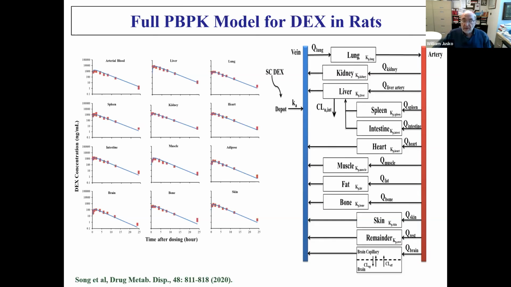For example, dexamethasone is subject to a transporter in the brain. We could include that with our measurements. There was some unusual distribution into fat. And of course, during pregnancy, as you'll see, dexamethasone is subject to a transporter movement across the placenta back to the mother. So a full PBPK model is possible for DEX. It confirms our other modeling and gives us a lot of insight into handling dexamethasone, no matter what the species.